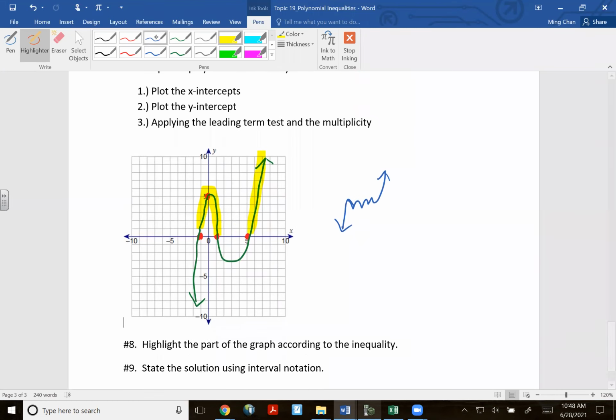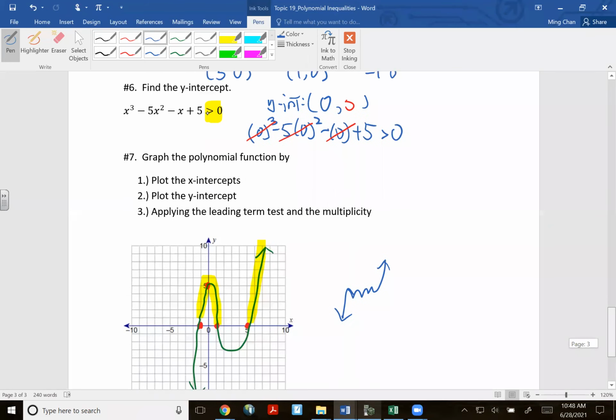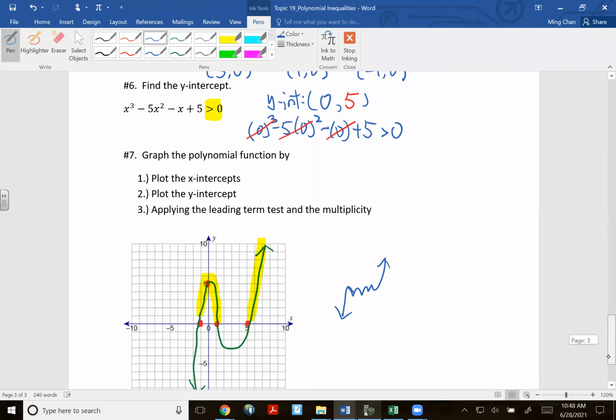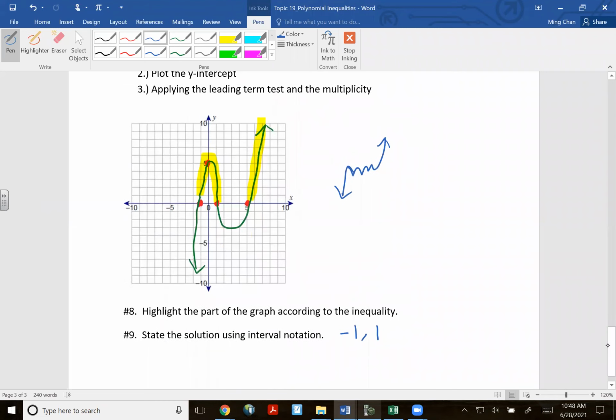Number 9 tells me to state the solution. So remember this x-intercept is -1. So from -1 to 1 is above the x-axis. Because there's no equal to, this is only greater than 0, so I'm only looking at what's above it. So I'm not including the -1 and 1. They are my critical points. I need to use them for reference, but since there's no equal to, I do not include them as part of my answer. So the part of the function that's above the x-axis from -1 to 1, union